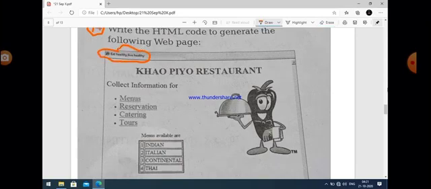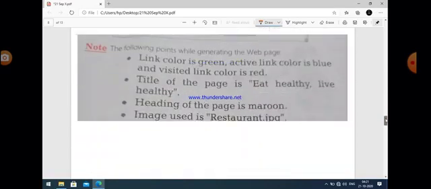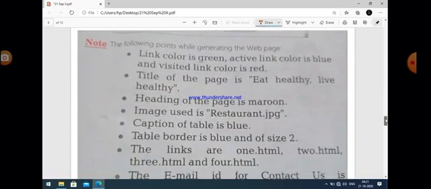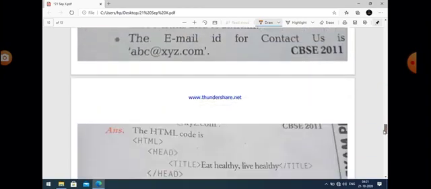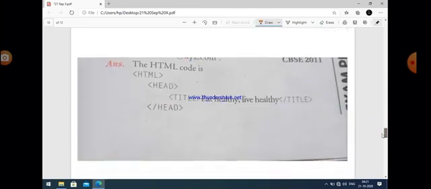And it is also mentioned in one of the points given in the question, the title should be eat healthy, live healthy.